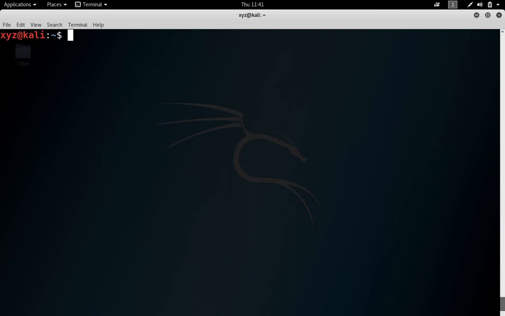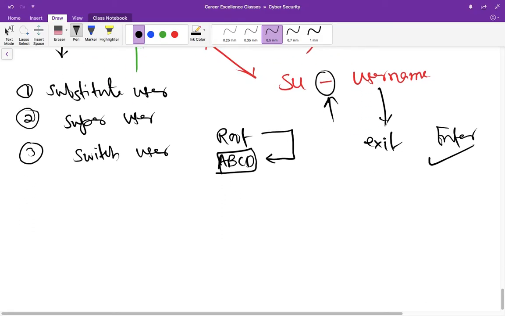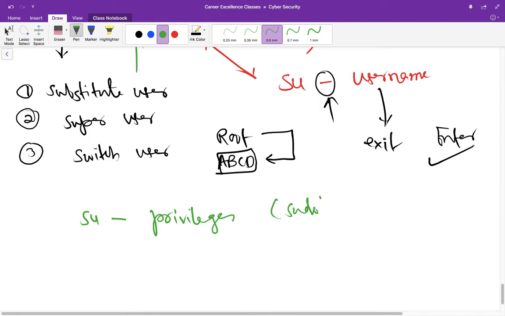Before that, I will tell you one thing. There are two commands. One is su and another is sudo. So what is the difference between su and sudo? Let us see the difference. We have the su command. What the su command does is give you some privileges that are only allocated to sudo users or super users.